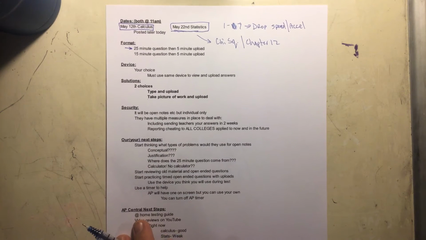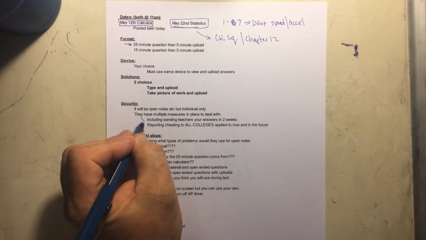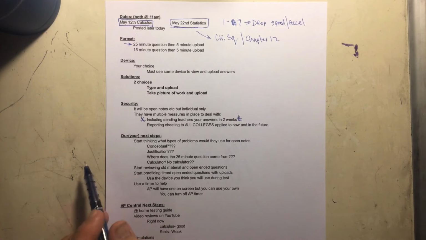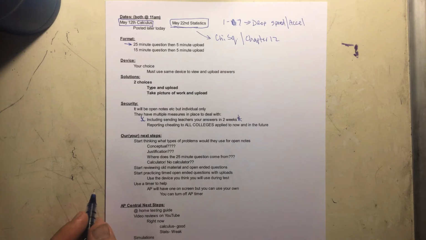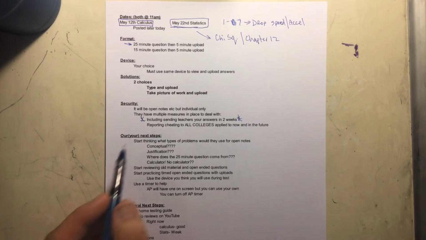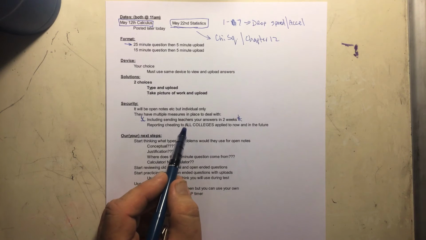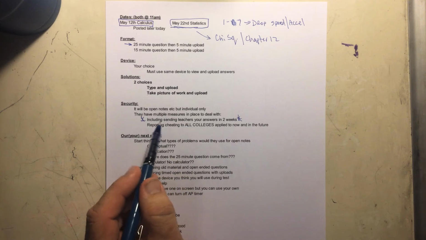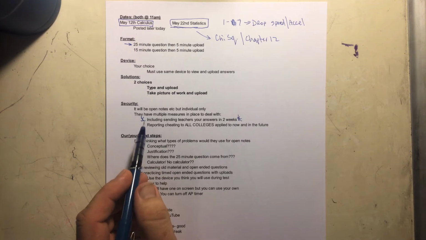One of the new ones they're doing, and it's been something some people have pushed for, is that within 2 weeks of the test, I'm going to get your answers and your solutions. And then they're asking us to look through and see if somebody got really good all of a sudden, and flag them. So that's one of the new things. So I'll have your answers before the end of the school year. That will be nice, because then I can use them to finalize your grades and all that good stuff.